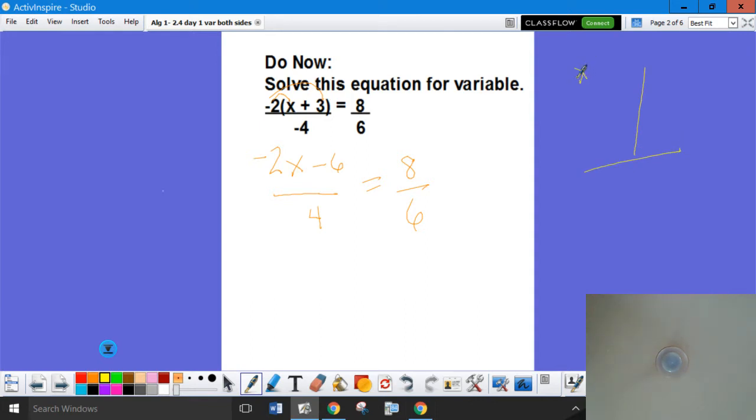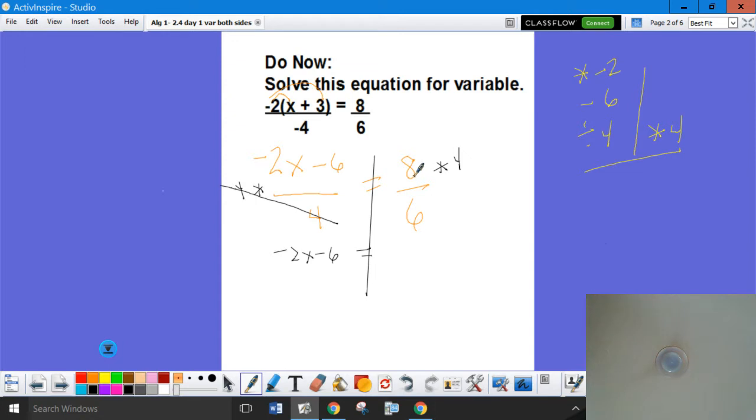The first thing happening to x is times negative 2, then minus 6, then divide 4. So the opposite of divide 4 is times 4. So if I go ahead and multiply by 4, multiply by 4, multiply by 4, this goes away. So I'm left with negative 2x minus 6 equals